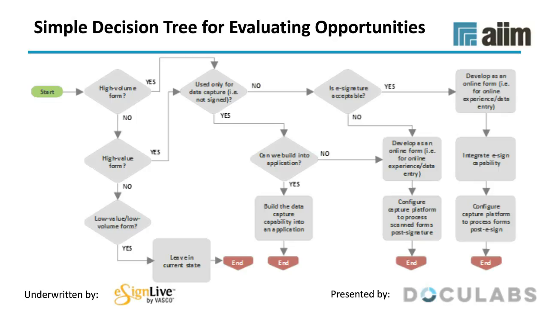So basically, you go through the tree and you say, is it high volume? Yes, no. If it's high volume or high value, so it's part of an important business process, then keep going. If it's neither of those, then stop. It's not worth looking at. Then ask, does it require a signature? If it's high volume, high value, and it doesn't require a signature, great. Digitize it completely or design the form so that it can be OCR'd easily and so on. So you almost get the benefits of digitizing.